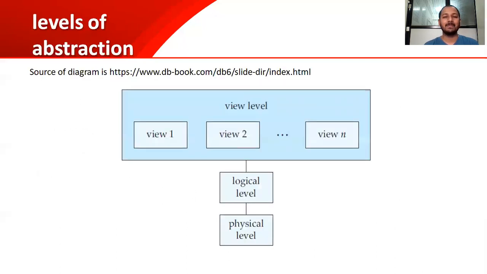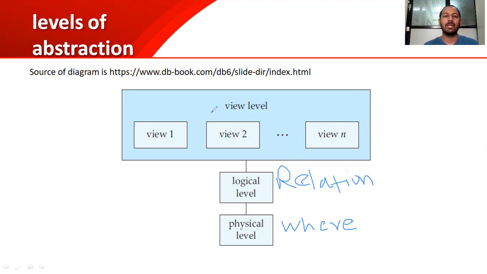Coming back to the diagram, we just discussed the physical level. Physical level means where data is stored. I am not at all interested in that, as I am just interested in creating the data. Logical level means relationships between different data. Relationship we have seen by checking just one example. Relation is there between the data.